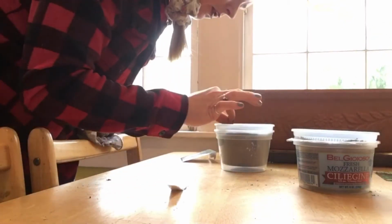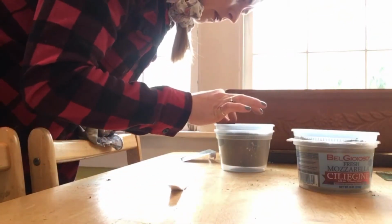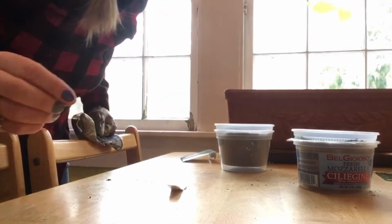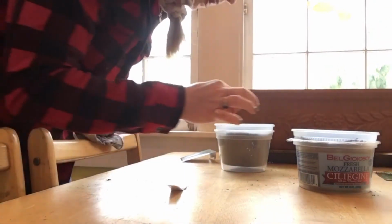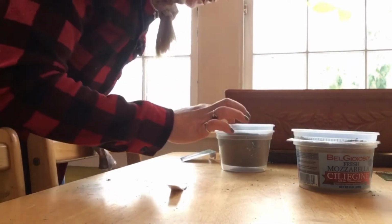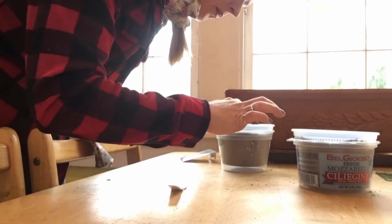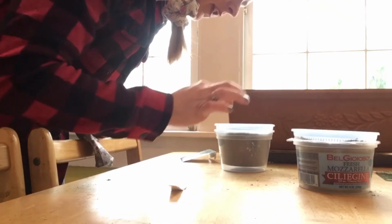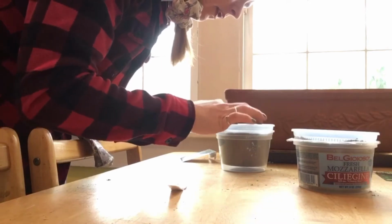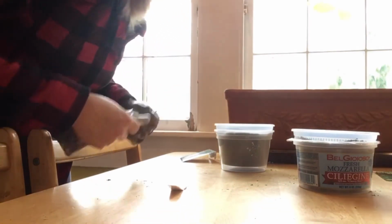I'm actually going to do 3 in one pot, because I am going to harvest them young, so they'll be like baby bok choy. So then I have 3 seeds. I push them down just a little bit, and then cover them up with some dirt. No need to add any new dirt, just cover them right up. You don't really have to cover them up that much,